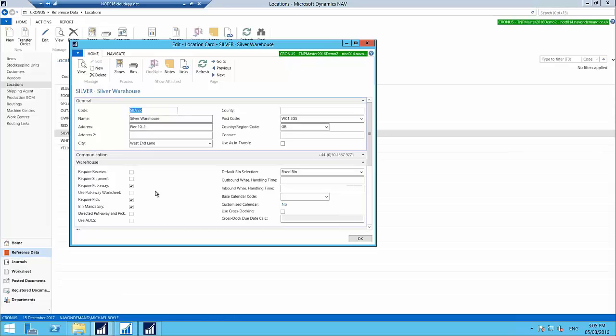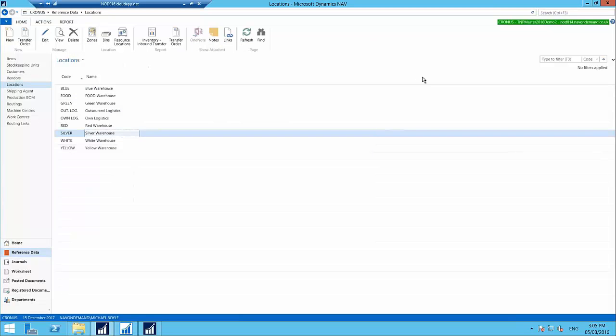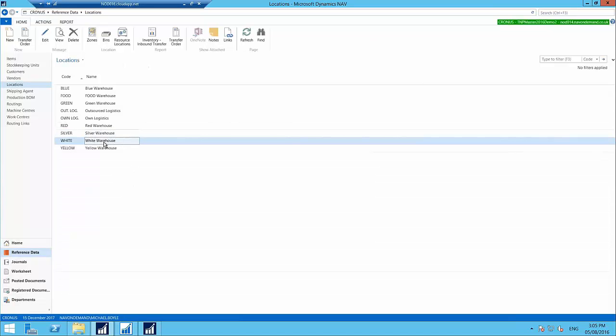What I'm going to talk about today, though, is the warehouse managed solution in Dynamics NAV, where we are directed to where things might be, and the system is also going to tell us where is the best place to put things, and we can organize our warehousing in terms of different activities that might be involved. So let's have a look at that and see the kind of things that we have set up in